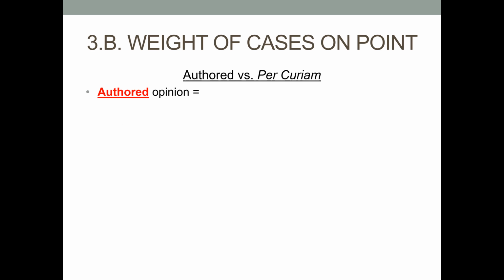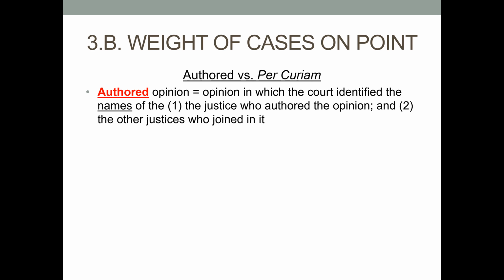Now, another distinction between types of opinions involves whether or not on the opinion itself the court has identified the justice by name who authored the opinion and the other justices by names who joined in that opinion. Now, if the court in the opinion does identify the name of the justice who authored it and the names of the other justices who joined in that opinion, such as in a majority opinion, then you have what's called